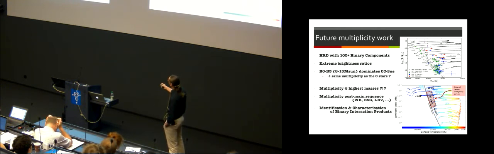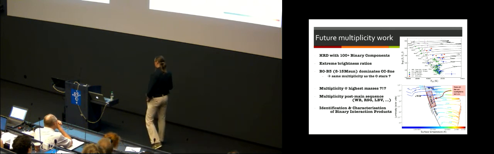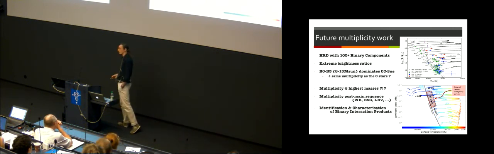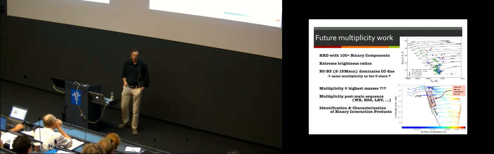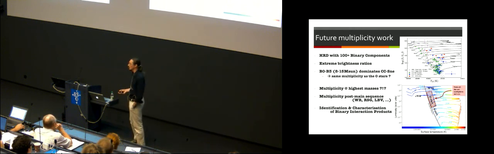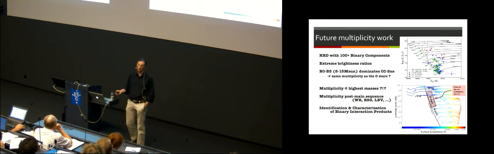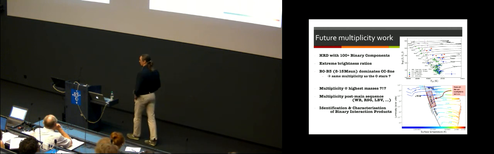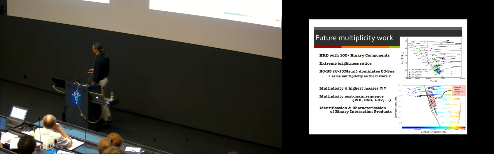We can try to look at the multiplicity properties at higher masses, at evolved stages, like the Wolf-Rayet stars, and in relation to other talks this morning, we are, in the next 5 years, going to identify and characterize, I believe, a significant number of post-interaction products, and that will provide constraints to the outcome of binary interaction. Thank you very much, and if you have any questions,